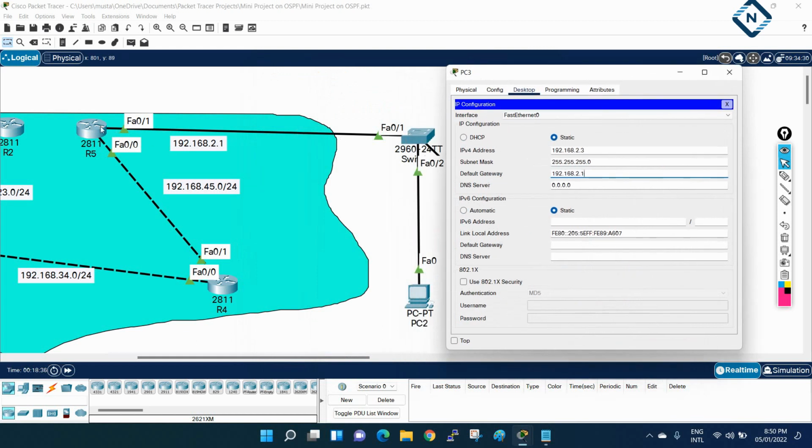The gateway is nothing but the IP of the router interface which is connected to us. Maybe you will be confused about why I am writing this as the gateway. The router interface which is connected to us, that IP should be assigned to our machine as the gateway. A gateway is nothing but an entry or exit point. Like your home gate, if you want to go inside or outside your home, you go through the gate door.